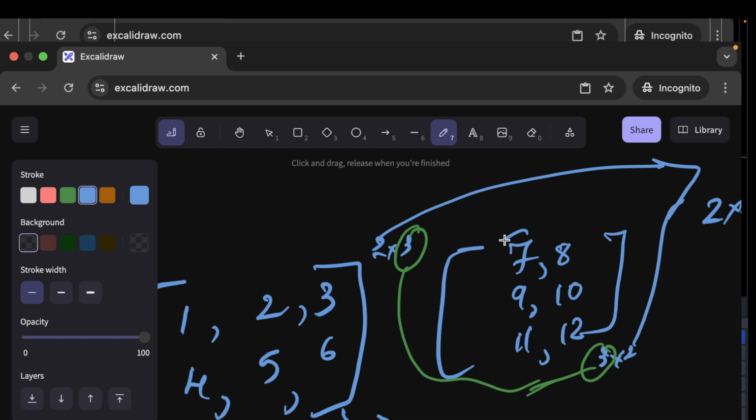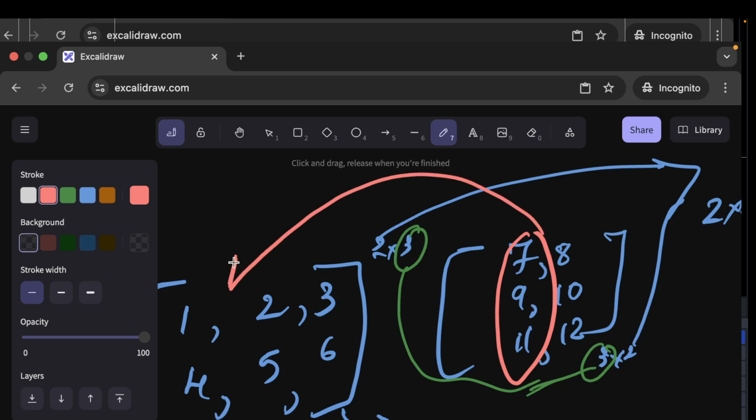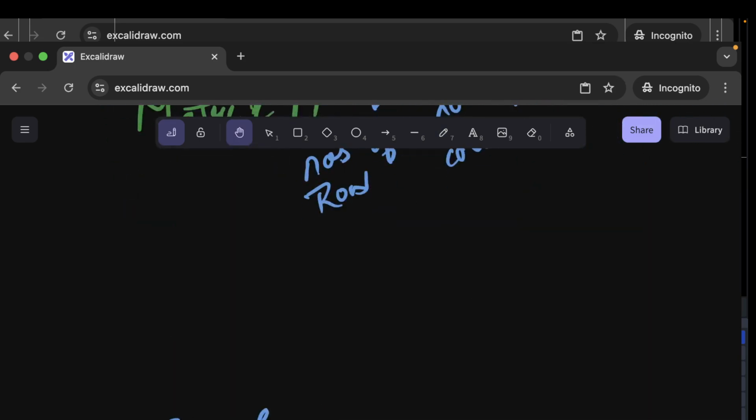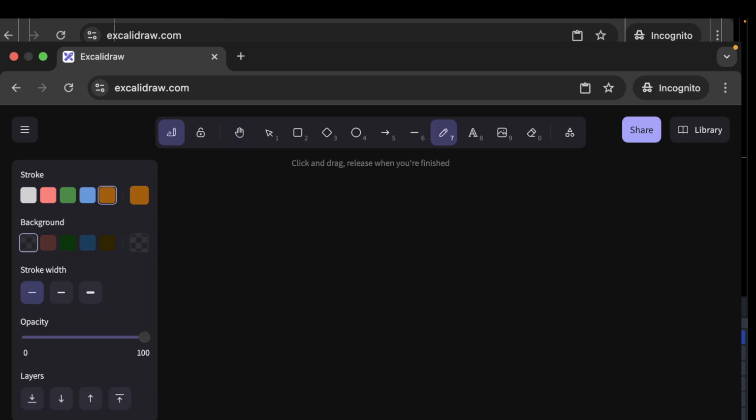So what is going to happen is, I want to multiply this first with this. So each row is going to get multiplied by the column. This is going to happen the first time and the second time. Similarly, second row, first column, and then second row, second column. So the resultant is going to look like this. This is C, right? So my C resultant is going to be